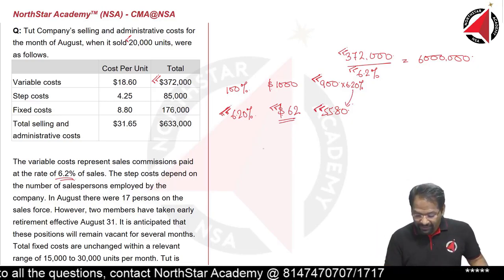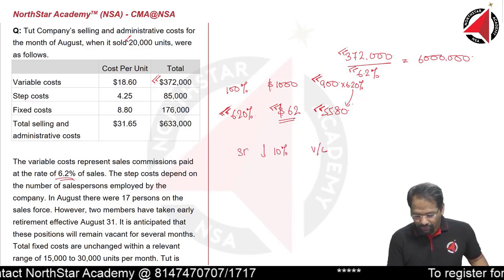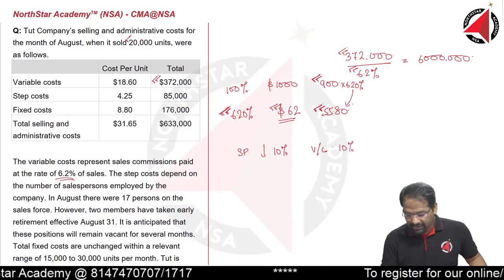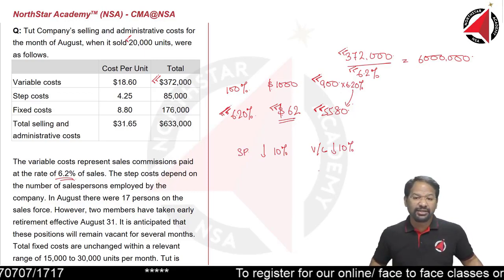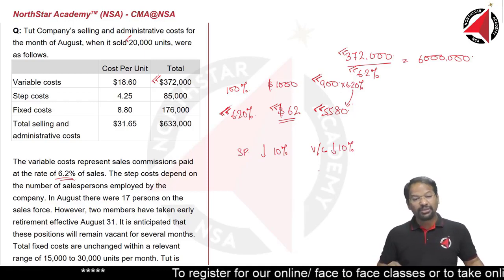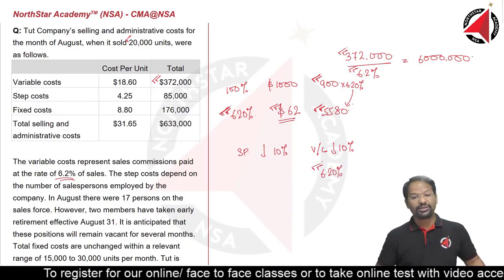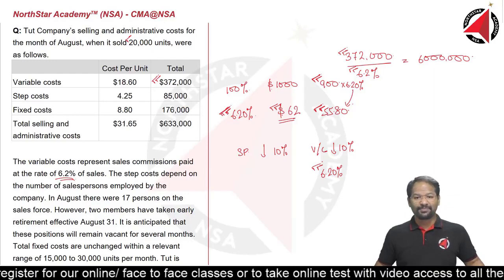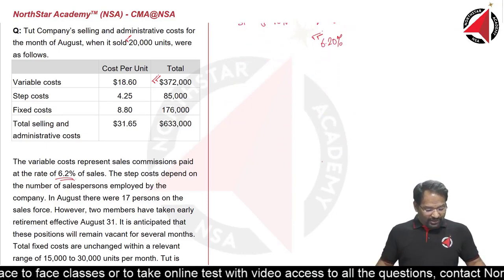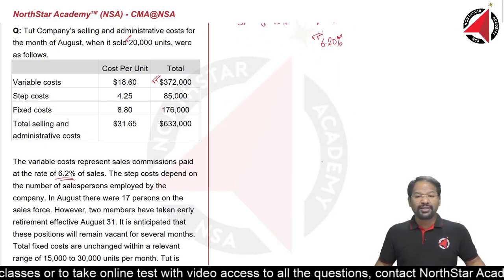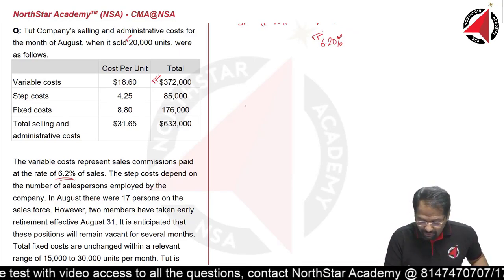So what is the conclusion? If selling price has fallen by 10%, variable cost must also fall by exactly 10%, then only will variable cost remain exactly the same percentage of sales as it was previously. And how much was it previously? It was 6.20% of sales. Then only this relationship will hold valid. If you have understood this, then the entire question can be easily understood. The question has told us that the number of units has increased from 20,000 to 24,000. So let's calculate the total variable cost now.